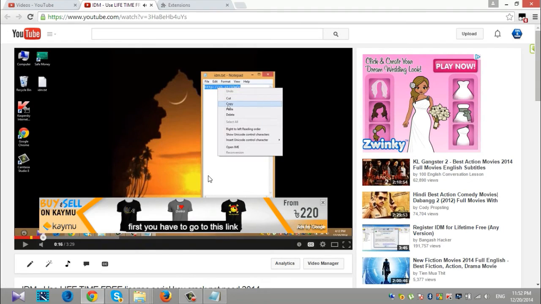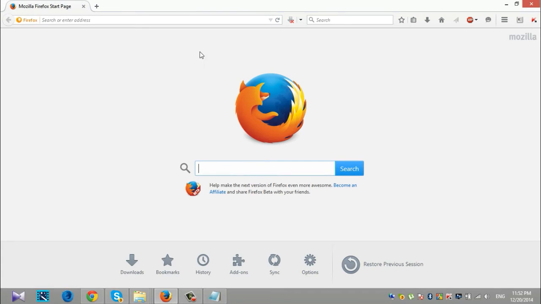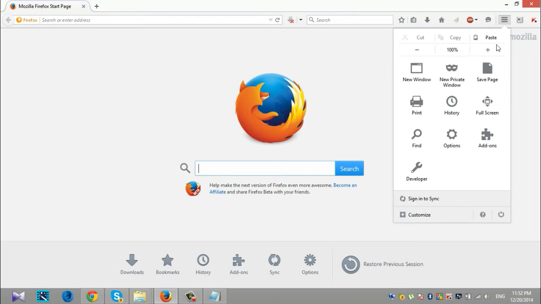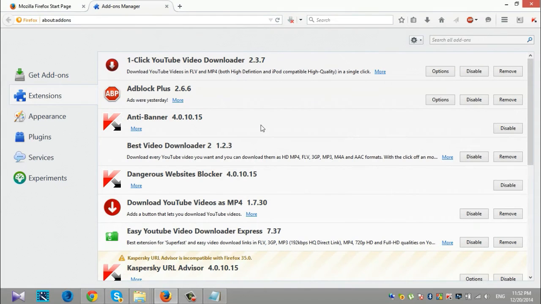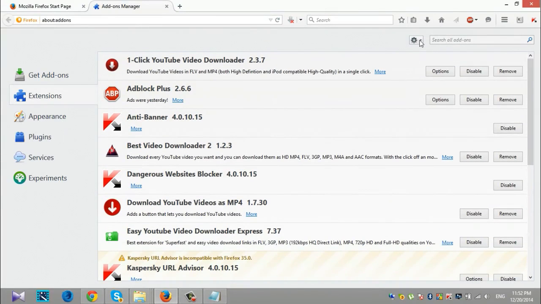Now I'm going to show you how to download with IDM on Firefox. Just open your Firefox browser. It is opened. Then go to add-ons, click here and click add-ons. Then click this here,